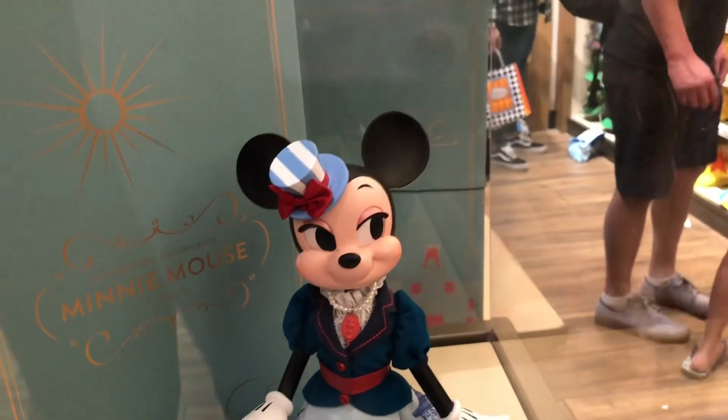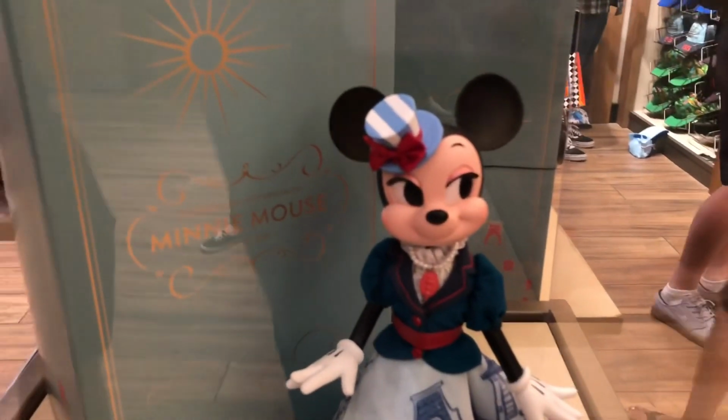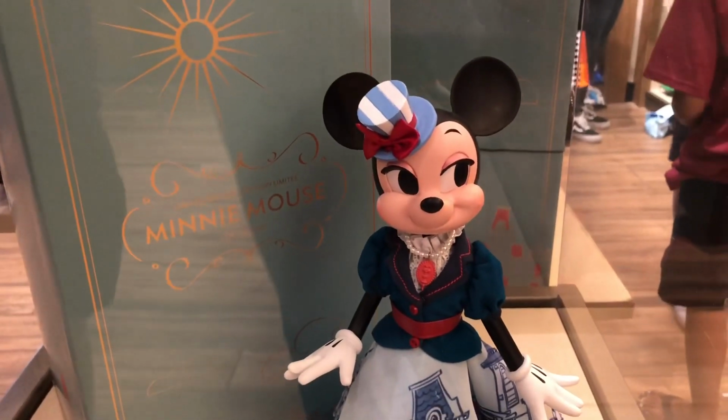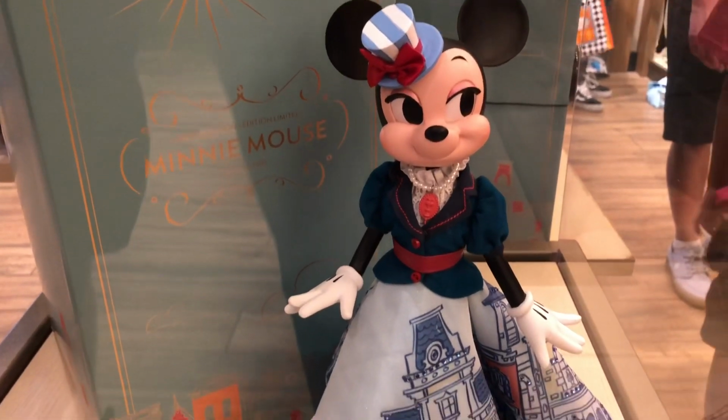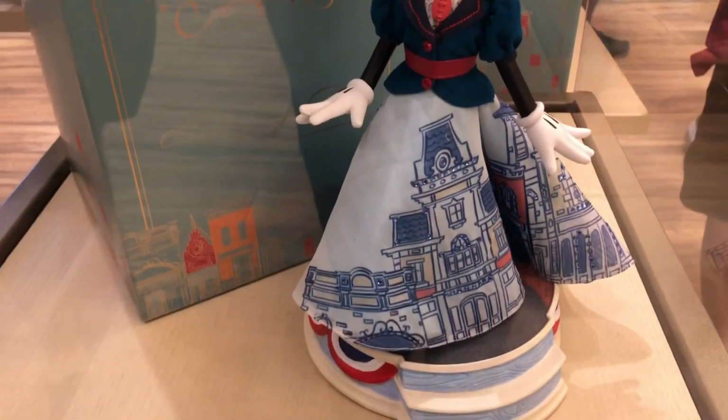Jude is trying to look for the price. What is it? $119.99. $119.99, as far as I know. But she's beautiful. They have all these board games, which I've seen before, but this is the first time I've seen